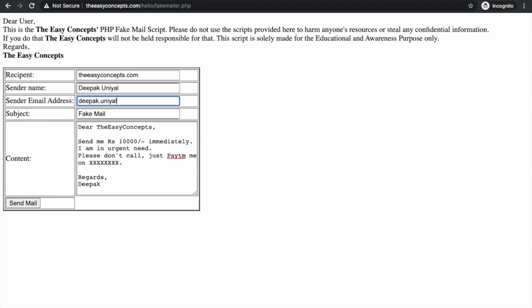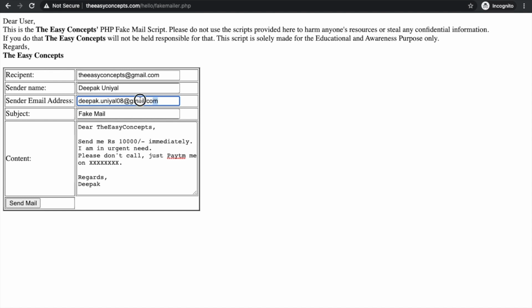So I am writing my mail address, right? Here is my mail address, another mail address. In recipient I made a mistake. It should be theeasyconcepts at gmail.com. Okay, now it is fine. Whenever I click this send mail, the mail will be sent to theeasyconcept at gmail.com from this sender.